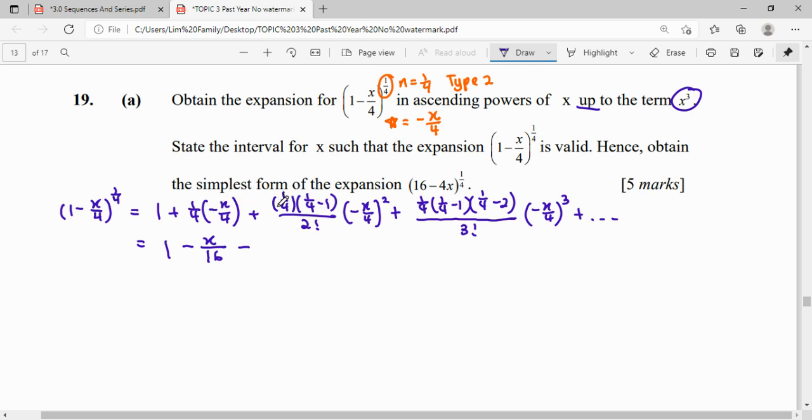And then we have to press the calculator for 1 over 4, 1 over 4 minus 1, divided by 2 factorial. So don't forget this part. We will skip the x part only. So we will press negative 1 over 4 squared also for this part. Then we will get 3 over 128 x squared. Then for the fourth term here, this is what we'll get, 3 over 512. And then for the next term, 7 over